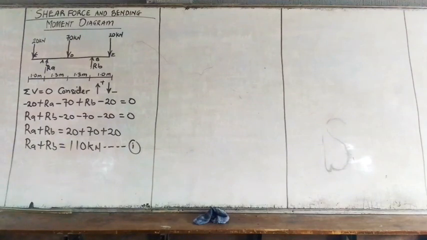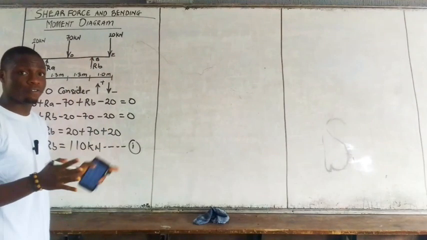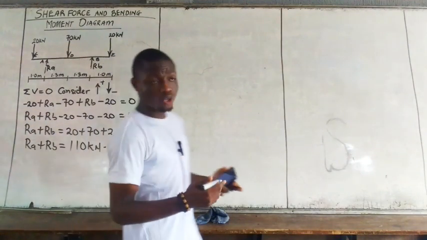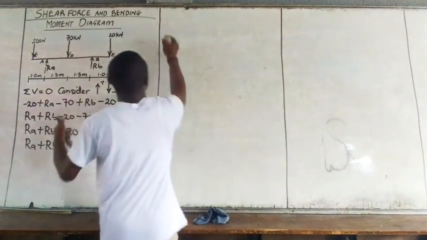We know equilibrium has just three conditions. The first one, the summation of horizontal components is equal to 0, we know it because in this question there is no horizontal component. Hence, we started with vertical components. The next task now is to get our moment, so let's take note that taking moment